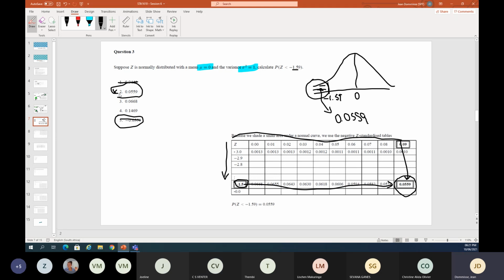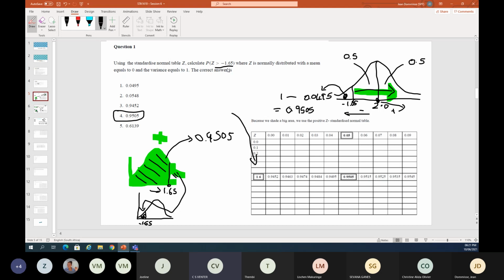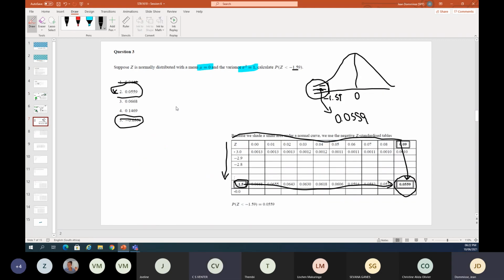Okay. Yes. Why could we not just use a table like that in the first question that you gave us? Why did we do the calculation? Because there they also gave us what Z was. I'm just trying to see if there's an easier way. No, see, so here it was, you're looking for the bigger than. So you could have used exactly that same table, but then you just needed to say 1 minus that. And you would have gotten to the same answer. Okay, so if it's bigger than, we always got to do 1 minus. Yes. And if it's less than, then we don't have to. We can just use directly the table.